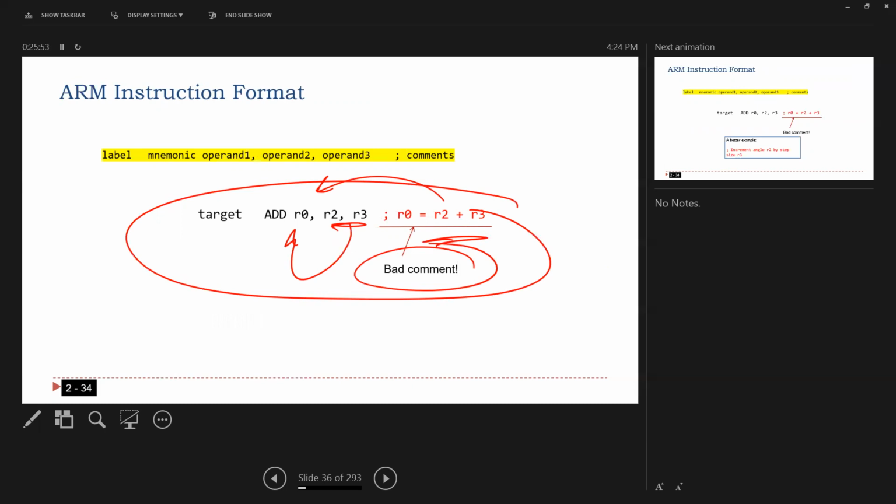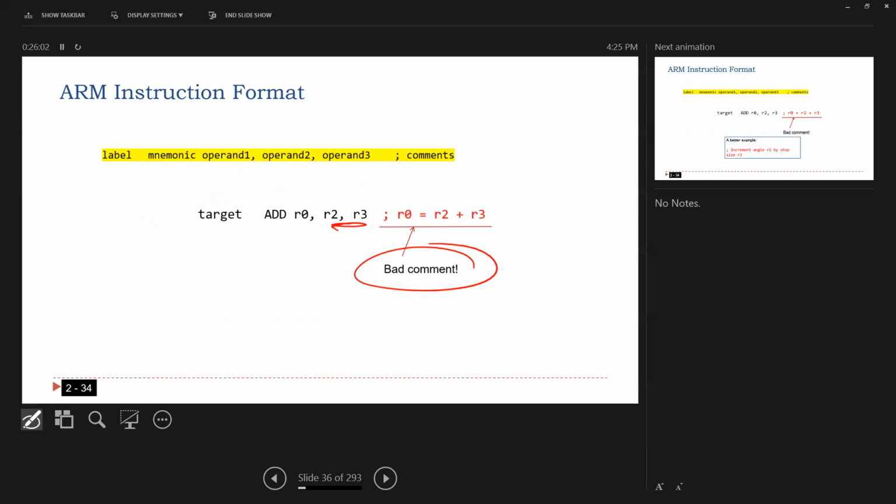A comment should not tell what this instruction is doing, right? It should tell why you are using this instruction, to improve readability. I'll give you one example here. So this is a bad one. Bad for what? It's bad for readability. If you give me your code, I may not be able to